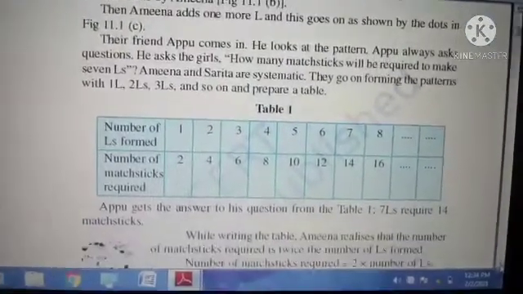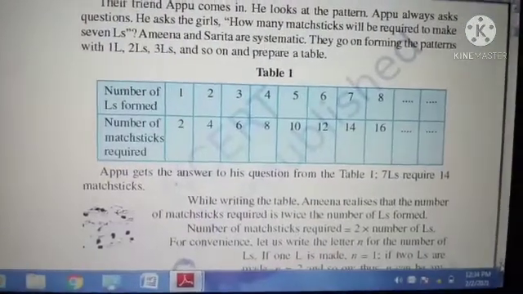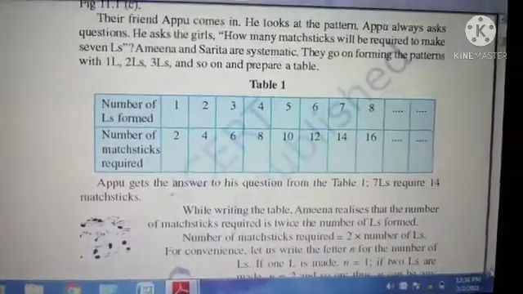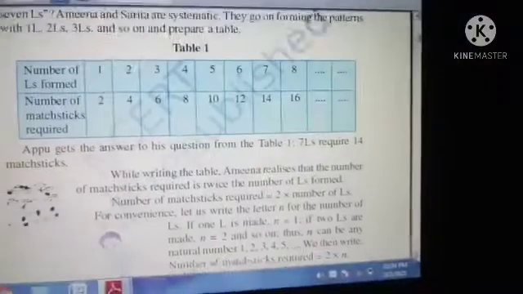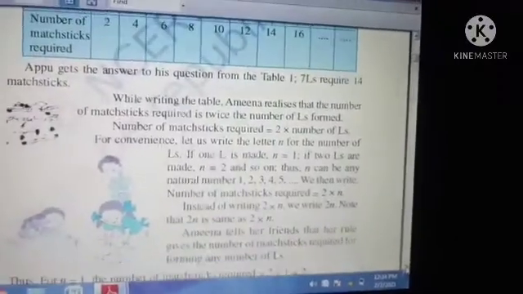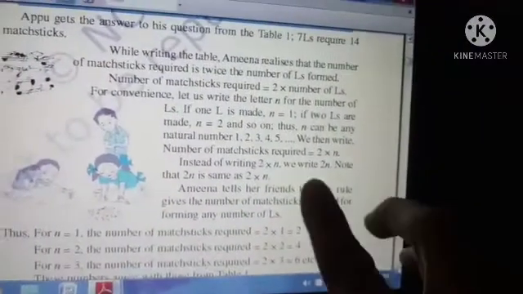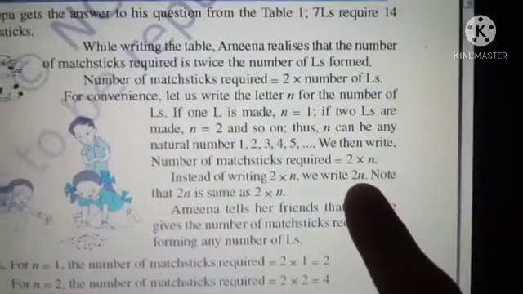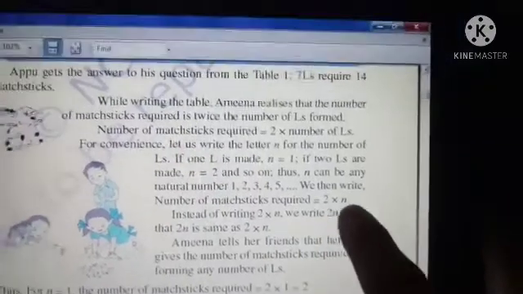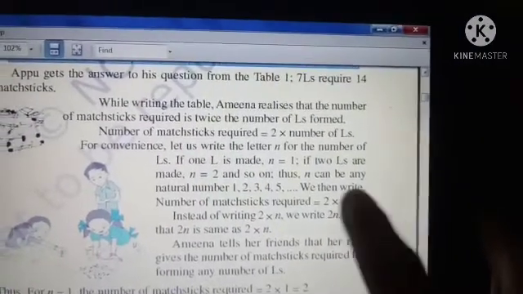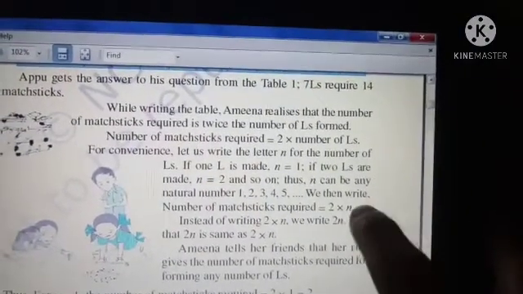So how will you represent this in a generalized format, using algebra? Here I am going to represent it as 2n, because everything is a multiple of 2. So I represent it as 2 into n, where n is the number of times you want to represent that letter.